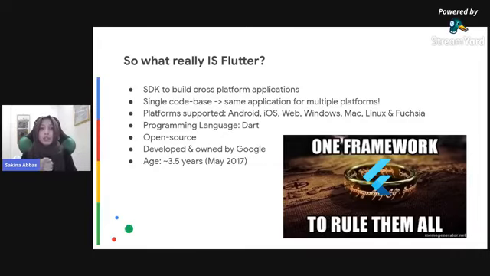Okay. So the programming language, as I told you, we use Dart. And the good thing about Flutter is that it's open source. So you can actually find the official repository of Flutter on GitHub. And you can contribute to it by making pull requests, maybe enhancing some feature or another, and people's pull requests actually get merged, right? So even though it's developed and owned by Google, since it's open source, it's being maintained by the community per se. And the important thing to notice is that it's around 3.5 years old now. It was launched in May 2017.